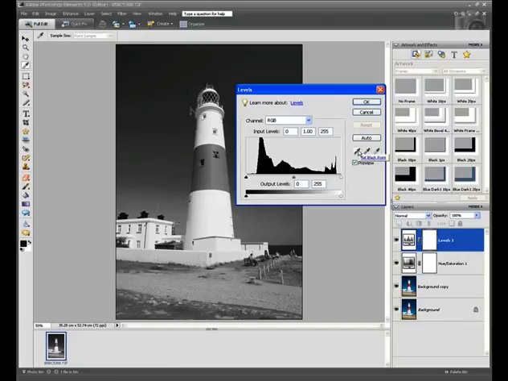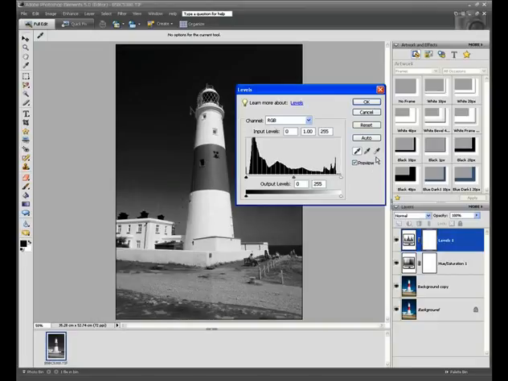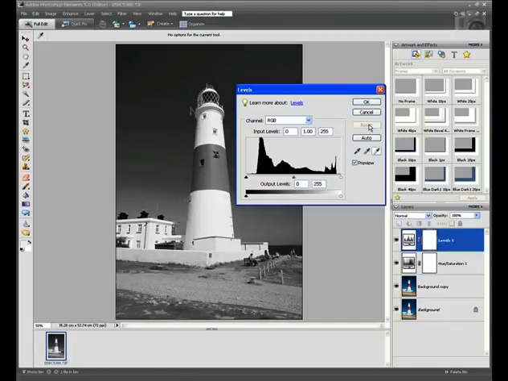If your image is quite low contrast, then use the set black and set white points just to add that impact. If I just demonstrate here, I'll just click on a dark area and then on the lighter area. We can see the effect that that's had on the image. It's really just kicked out the contrast, and if anything, just a little bit too much. So if we just click that to reset back to where we came in,